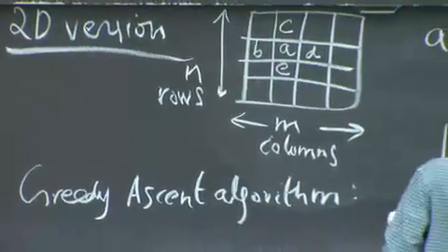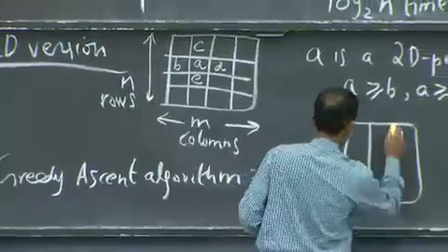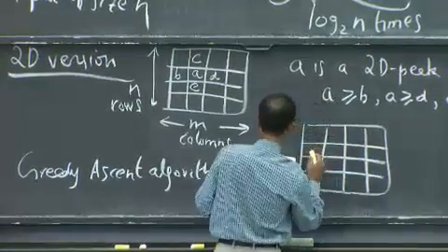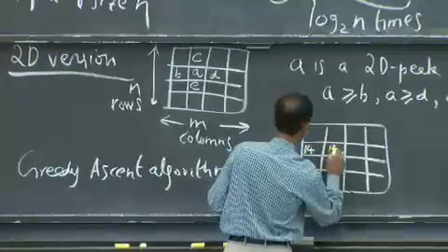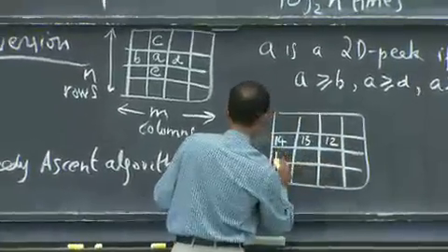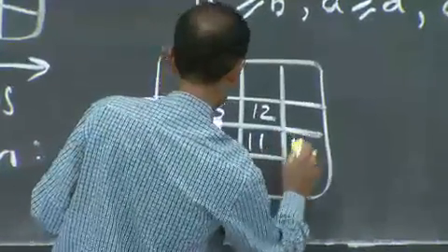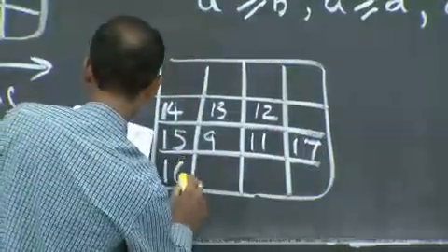So for example, if I had this particular matrix: 14, 13, 12, 15, 9, 11,